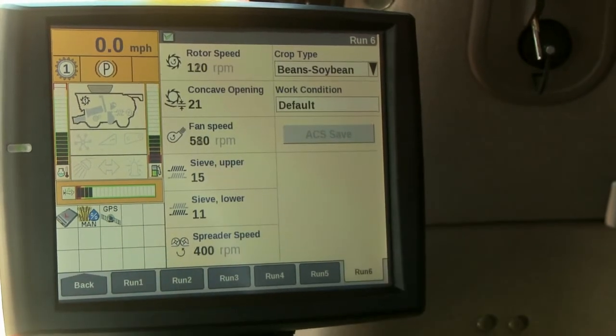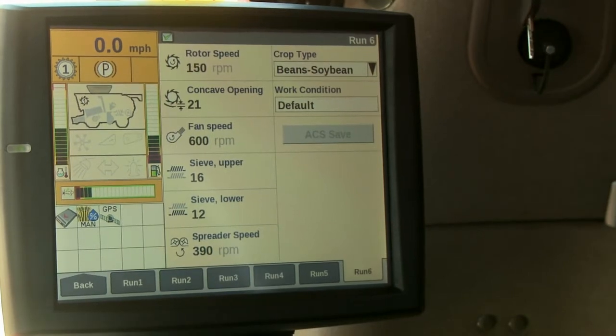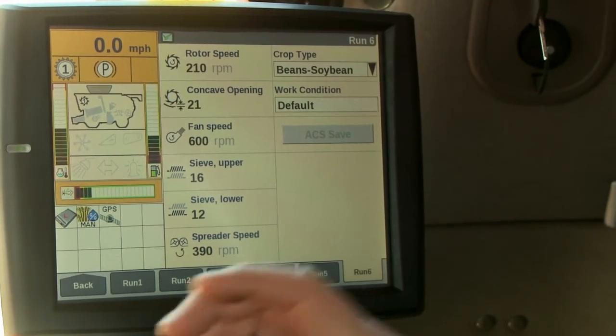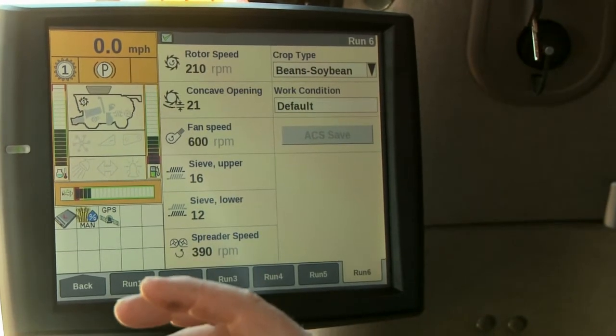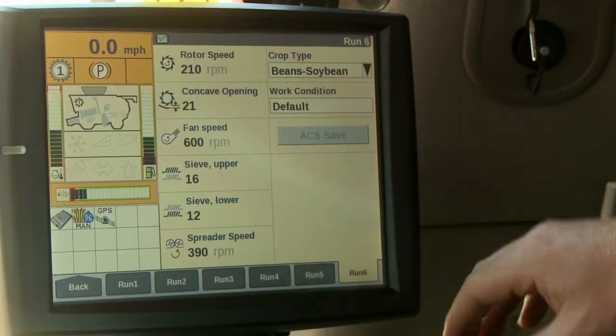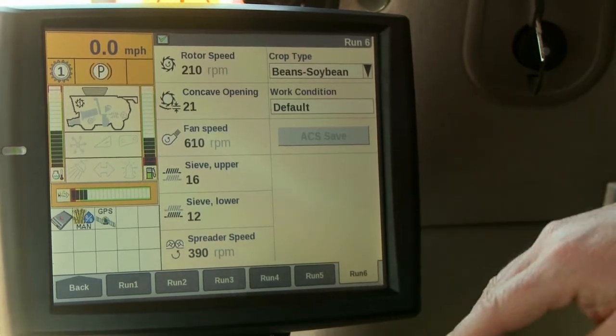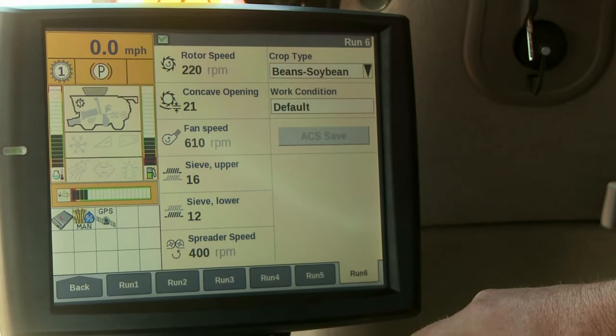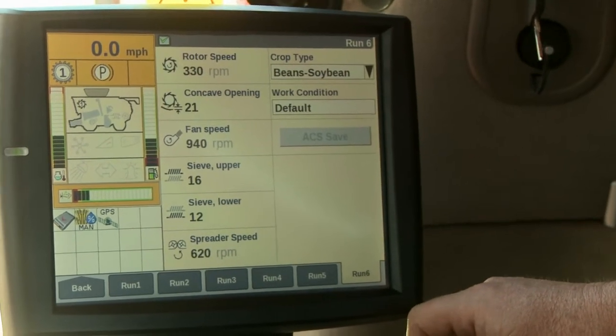And you see it gave me that error that said it wanted me to shift the rotor up. That's because under the corn work condition, it's looking for first gear, and under the soybeans, it's looking for second gear. So it told me that I needed to do that. I'm not going to go do that because we're in the cab shooting this video. But when I roll up the speed here,